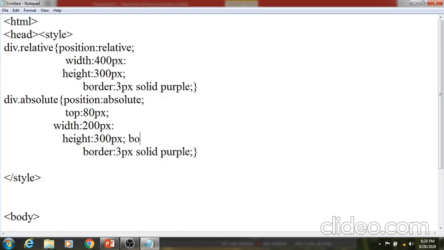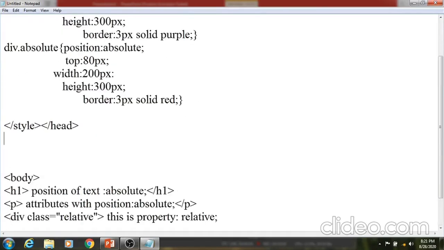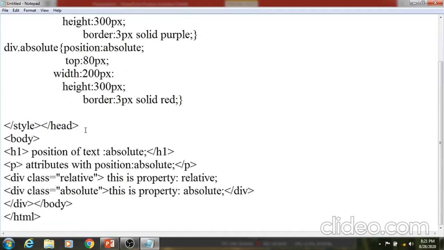For example, we have added the border property, and here we may have a different color, so we make a little change. So this is another color for that. Now close the head, because the style tag is added in the head tag. So this is about the properties. And one more, we can add a background color here.